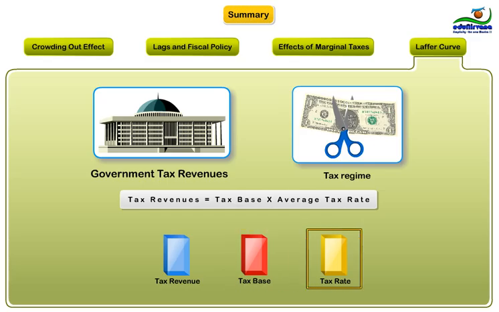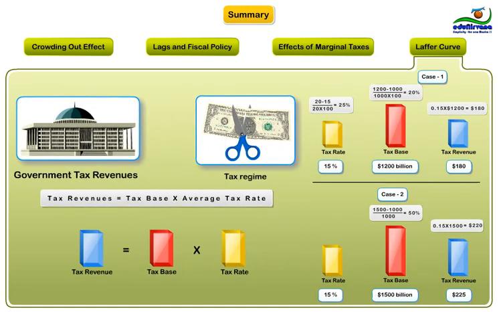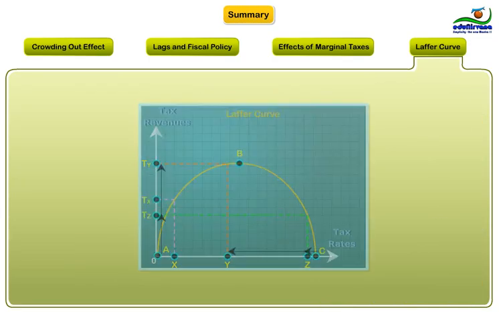Any change in tax rate has a direct impact on the tax base, and consequently, the impact on the tax revenues is derived from the multiplication of the two variables. Two cases were discussed where a change in tax rate changed the tax base, and hence the tax revenues changed. Finally, the Laffer curve was